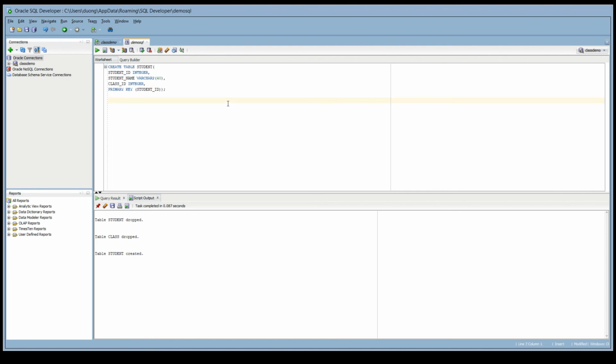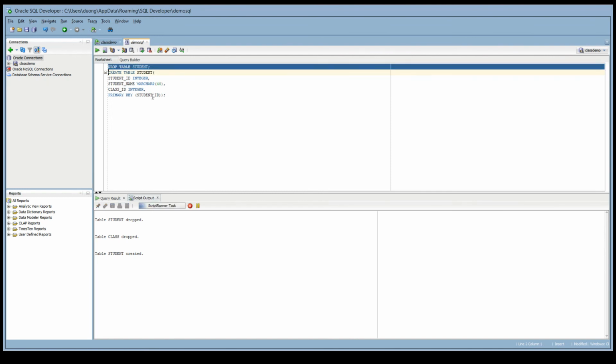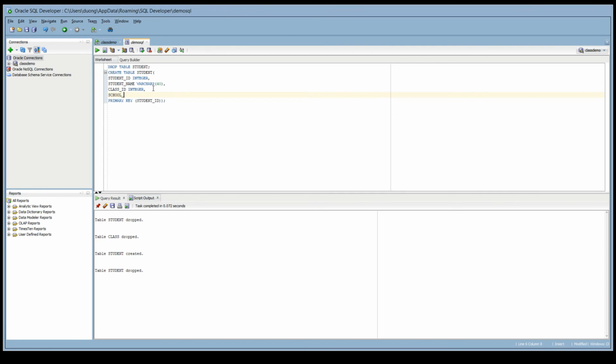Anyway, I just made my table student. My table student has a primary key called student ID, and I have a column called class ID, integer. And actually, let me go ahead and drop this table. I want to add one more thing into it. Let me add school name, and it's going to be a varchar too. Give it 30 characters. Alright, now I can create this table. Table student created. Okay, so this table has class ID, and I'm planning to make class ID a foreign key